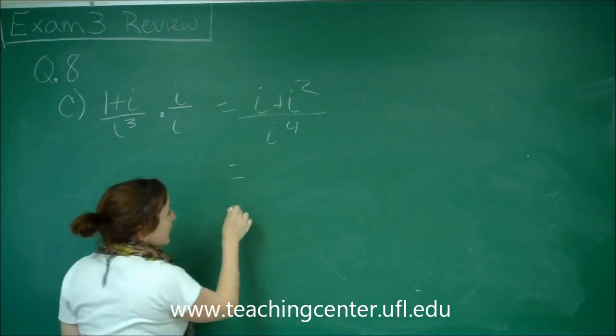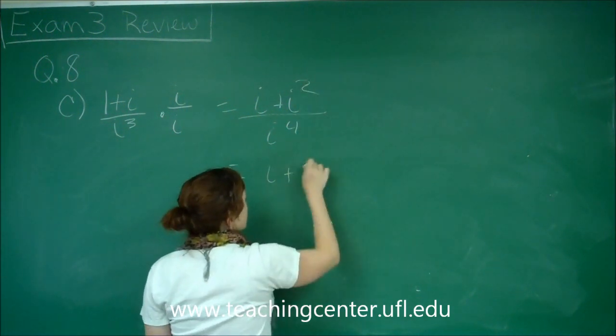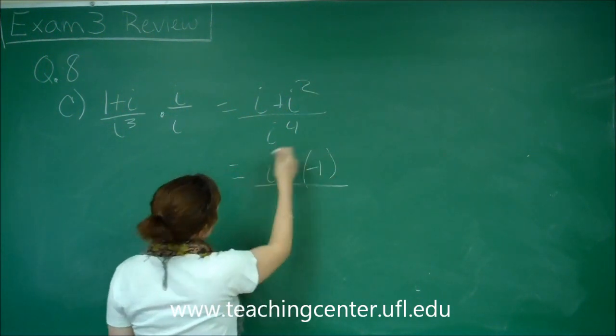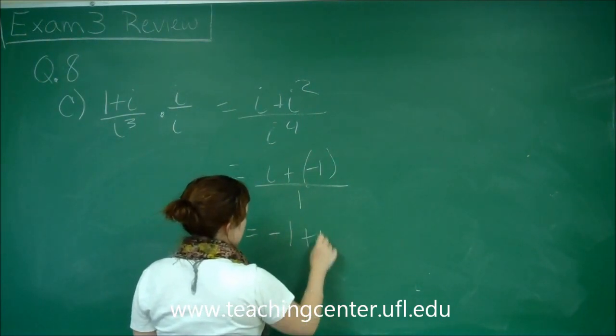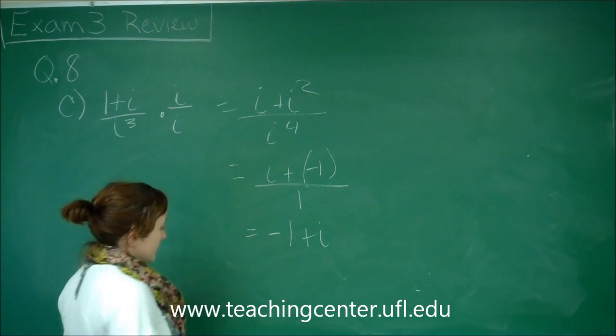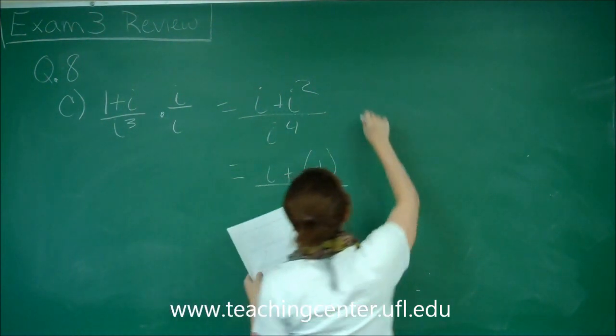And now we just simplify, which we know, and so we get i plus i squared, we know is negative 1, over i to the 4th is 1. So this gives me negative 1 plus i. And that is your answer. And then we have D, which is